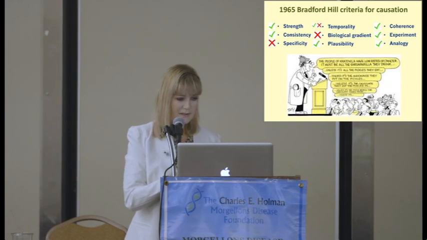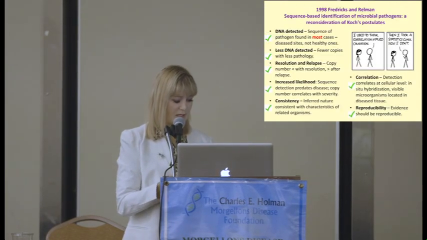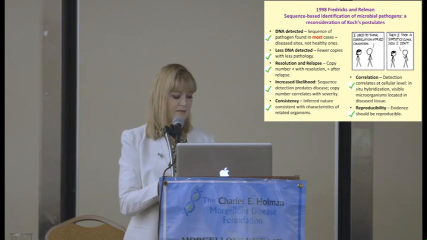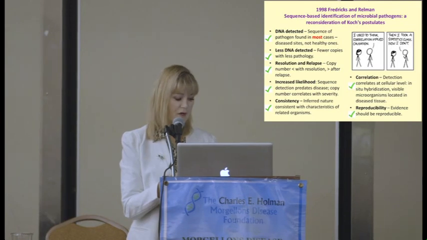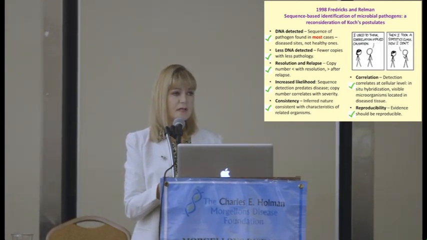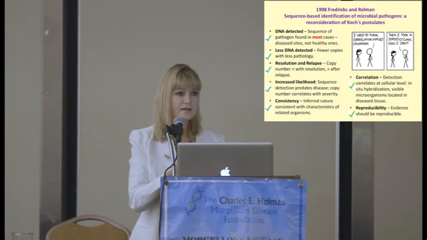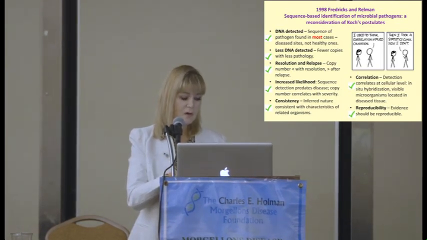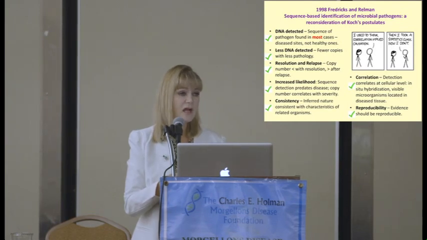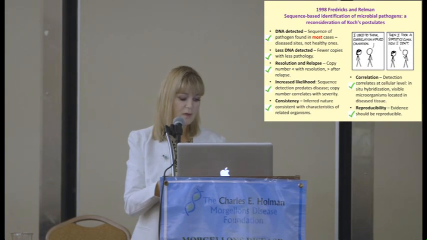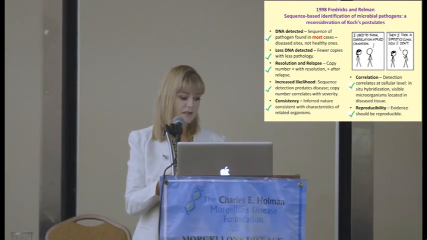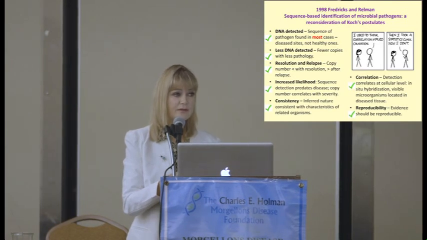So now we're going to go to Fredricks and Relman. They published "Sequence-based identification of microbial pathogens: a reconsideration of Koch's postulates." This is because with new molecular techniques, everybody started working with DNA. These revealed a lot of uncharacterized pathogens that couldn't be applied to Koch's postulates, so a new approach for showing disease causation was needed. And we have evidence that supports all of Fredricks and Relman's postulates, and most of this is published in peer-reviewed literature.